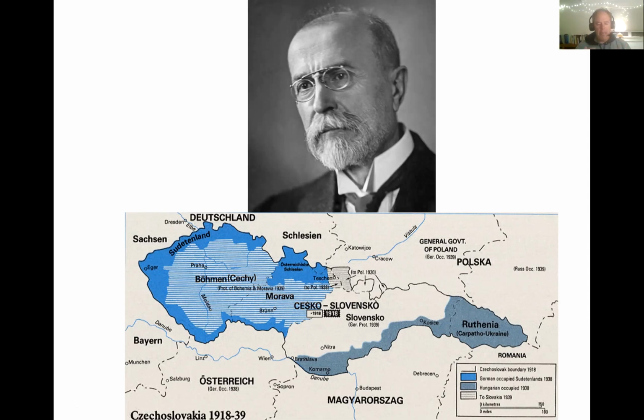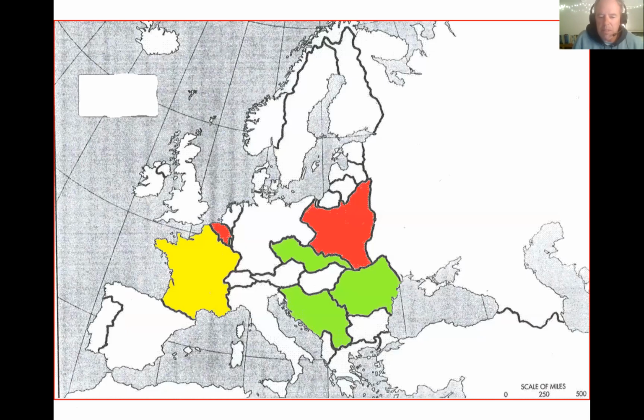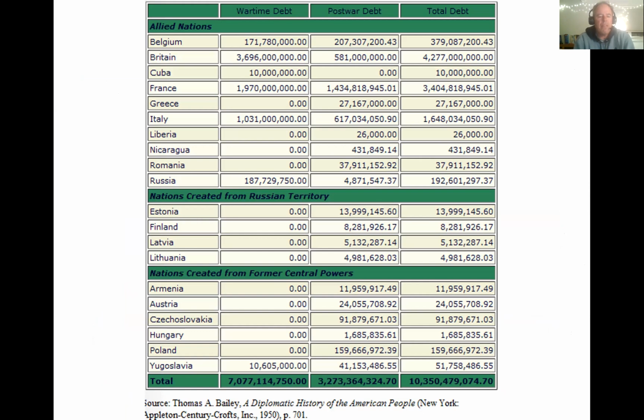Czechoslovakia nonetheless remains, and there are democratic elections in Czechoslovakia throughout the interwar period. They built up a quite significant military with heavy defenses here in the Sudetenland on the Czech-German border. There's also arms manufacturing in Czechoslovakia, so they're able to produce weapons. So the French do have something in this network of alliances, but it's probably not enough to deal with the